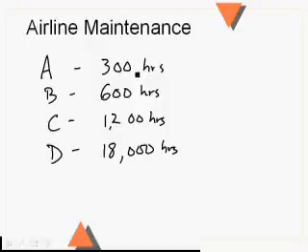Then you kick it back out, it flies around until it hits 600 hours, and now the B check is due. Of course, when you hit a B check at 600 hours, the A check is also due, because 600 can be divided by 300 evenly. So when a B check comes in, you're going to do a B check and an A check. More panels will be taken off, more things will be inspected. Instead of taking 1 or 2 days, it'll take 3 or 4 days with 10 people on it per shift, 8 hours a shift, 3 shifts a day.